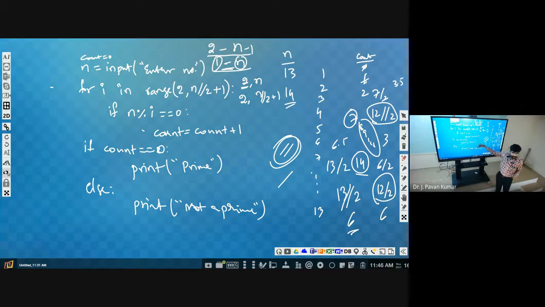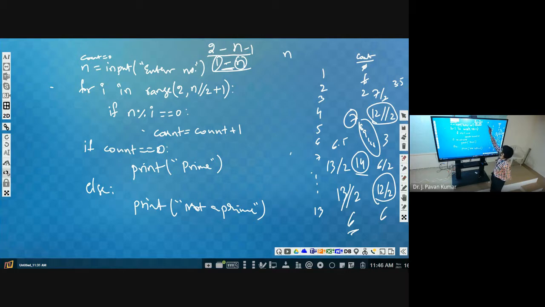Yeah, noted, right? So now, if you observe one thing, let us consider the number given is 16. We will start from 2 up to 8. So the range is 2 comma 9, but it will start from 2 up to 8. Now, is 2 a factor or not?